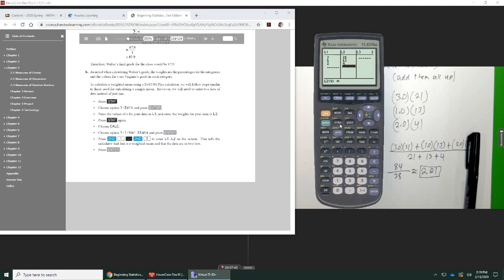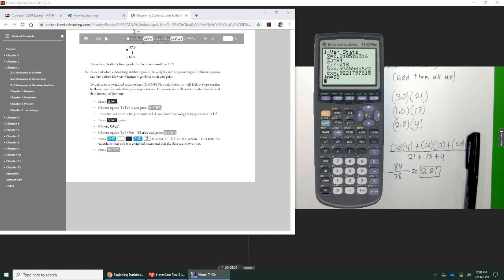It says Stat again. Arrow over to Calc. And then it says option 1 for one variable statistic. We're going to hit enter. And now it wants to know what stats you want. So it says to press second and then the number 1. So it's saying we want to use L1 when we get these statistics, and then we have to do comma, which is above the number 7, and then we have to do second and 2. So second and 2 brings up L2. So it's showing you that we want to have L1 and L2 on the screen, and then this says we're going to do a weighted average between those two. So if you hit enter,